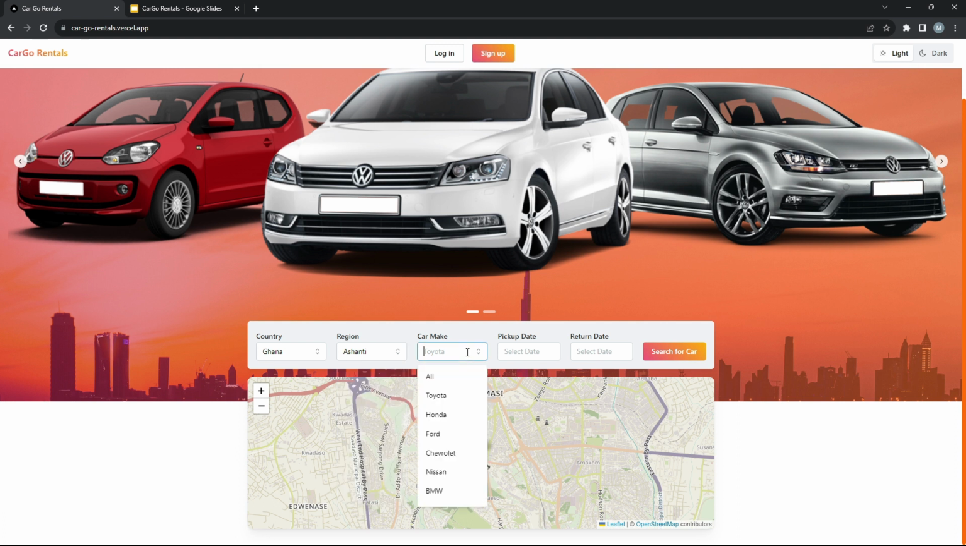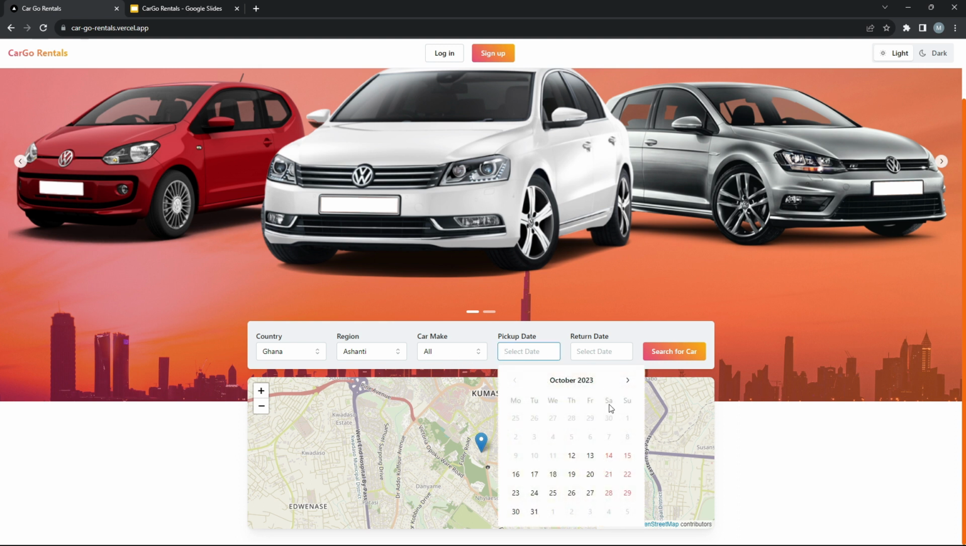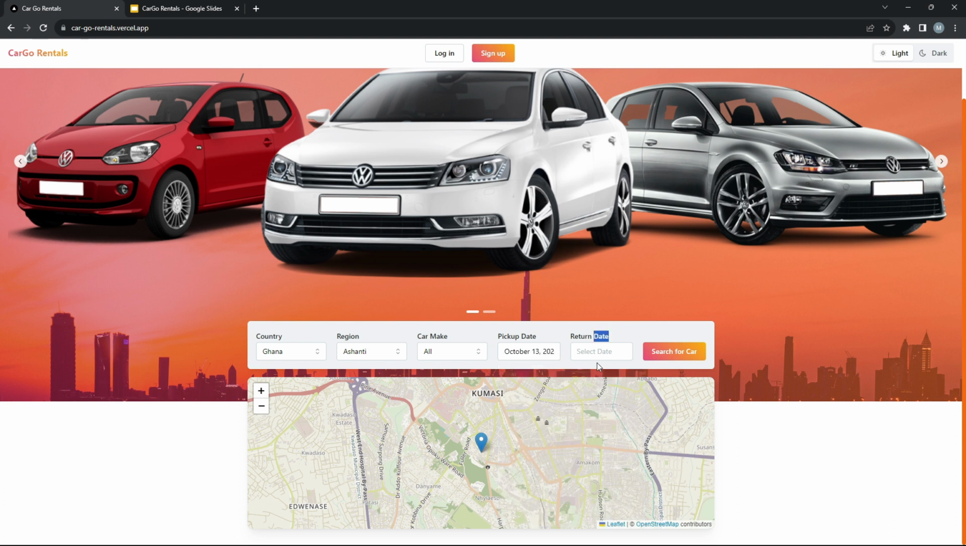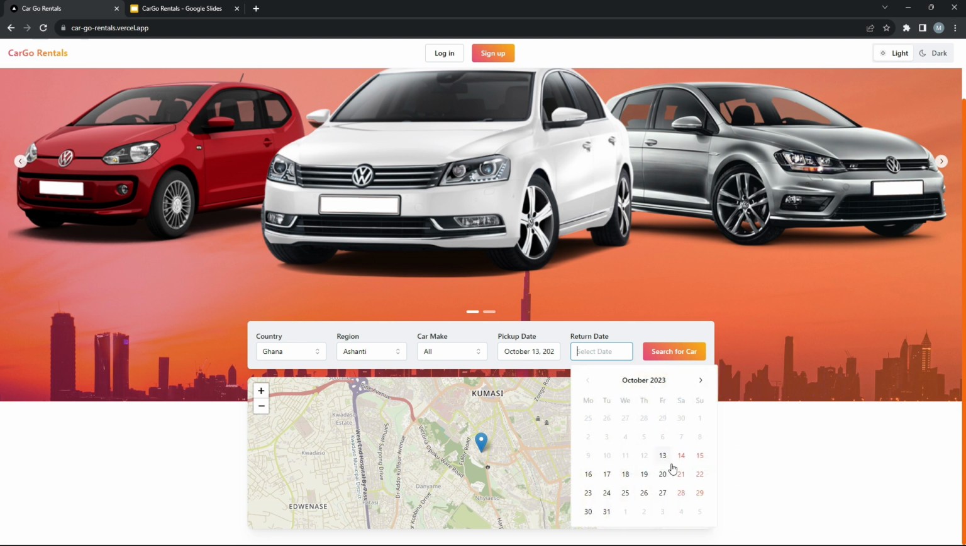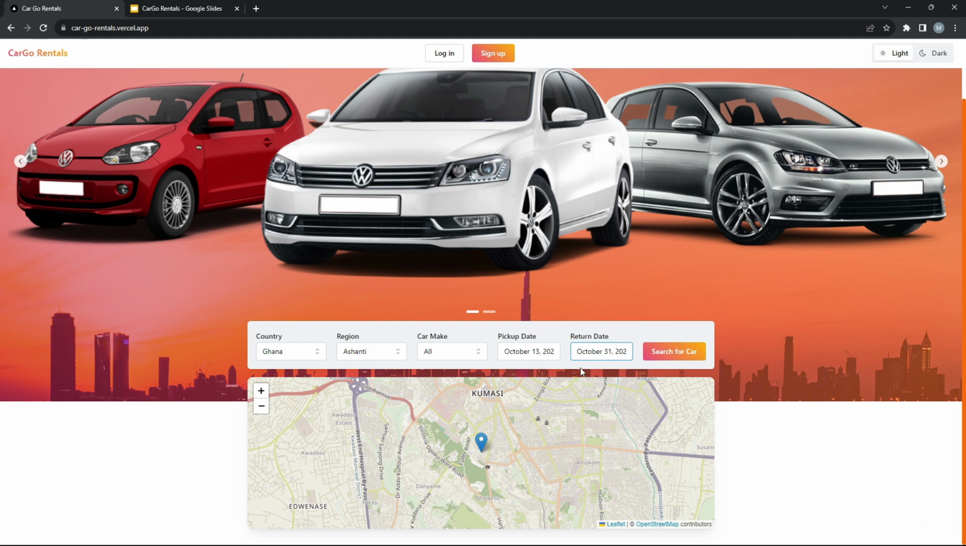So I select that, and I also choose the kind of car I want to search for. So we have some car makes here, but I want to be able to search for all cars, so I'll select all. Now I'll select a pickup date, which is basically the date I want to pick up the car. So I would choose probably the next day, and then the return date. So these are just some fields you need to fill to be able to search for cars. And as you can see,